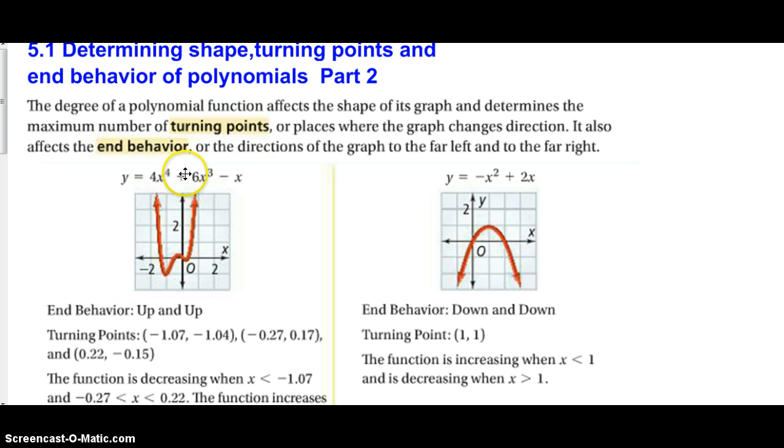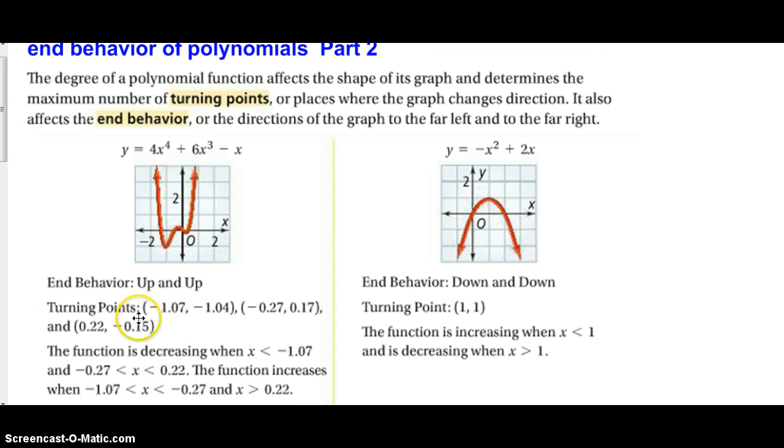Just from the polynomial, we can determine the maximum number of turning points and the end behavior of the graph. For example, this has a positive a value and an even index. So that means our behavior is going to be up, up. When it's positive and even, it's going to be up and up. The turning points, take a look. We have turning points